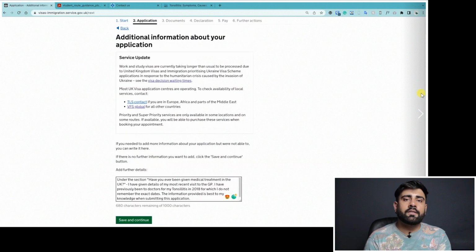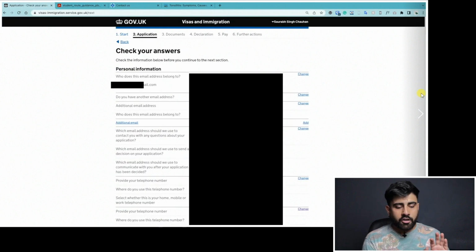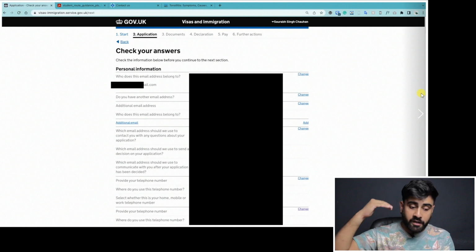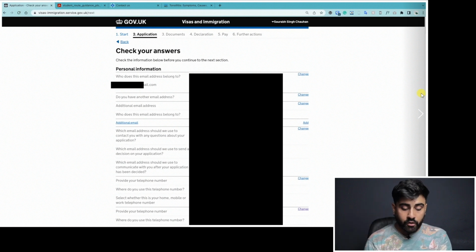Now this is the section where I told you about the additional information about the GP. So you can write any additional information which you might have, which might help your visa application, or which you might want to disclose. Anything, you can put it here. You're allowed 1000 characters. And then you just click save and continue. Now it is going to ask you to check your answers. You should go through everything, read it once, maybe read it twice, and then you go to the end